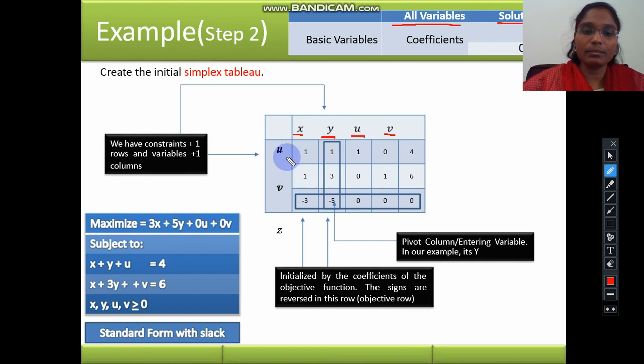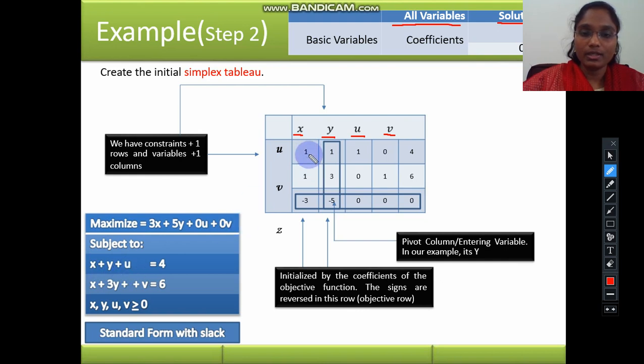Now we have to include all the coefficient values inside the table. Here we can see in the equation the coefficient for x is 1, and here it is also 1, and this is also 1. So 1x plus 1y plus 1u.